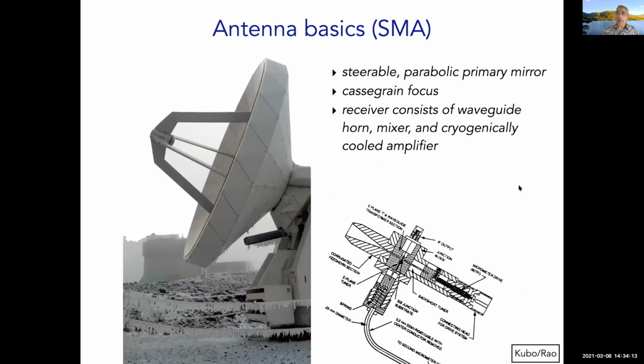Okay, how do we detect this radiation then? Here is the SMA with its 6-meter parabolic reflector. The light comes in, is focused by the secondary through the Cassegrain focus to the receiver in the cabin. This receiver has a feed horn that channels that sky frequency into a mixer where we inject a synthesizer or local oscillator